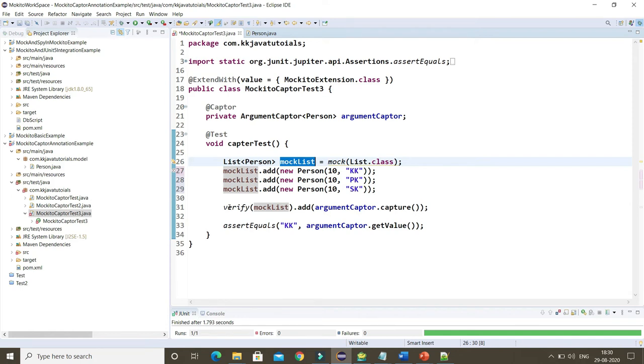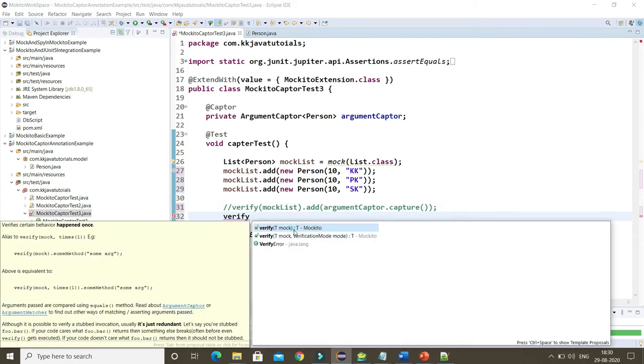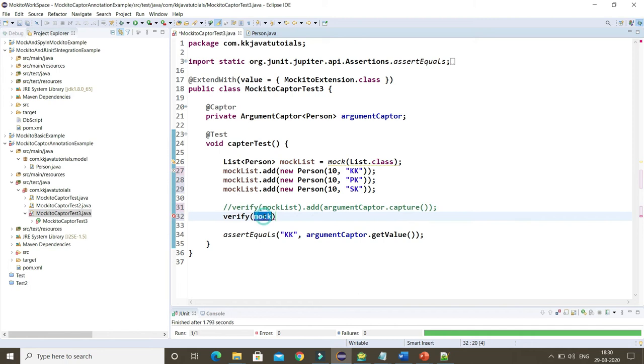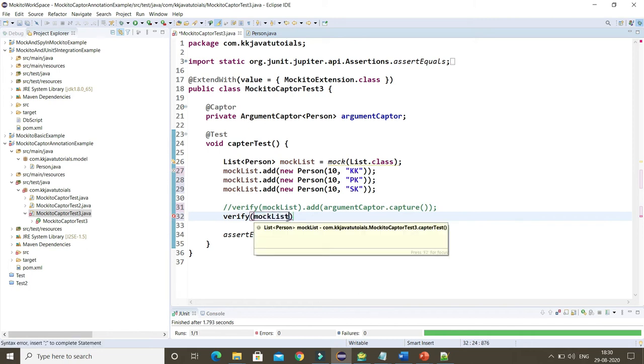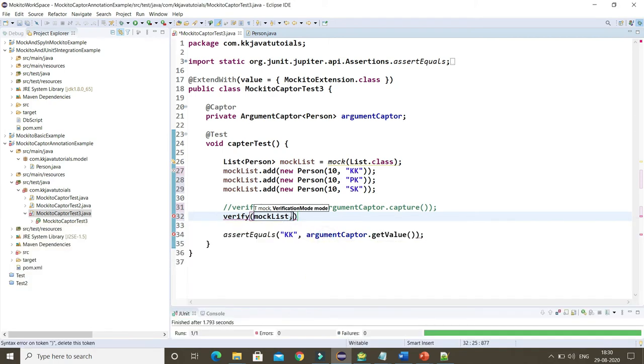And the verify method I used earlier is not going to work. What you have to do is call this dot verify and then pass the mock object, and then call the times method, right?